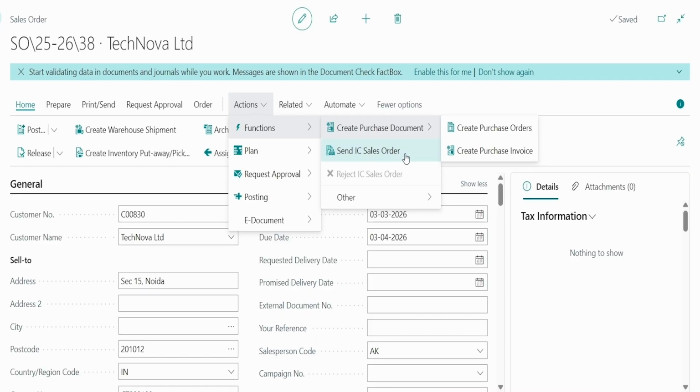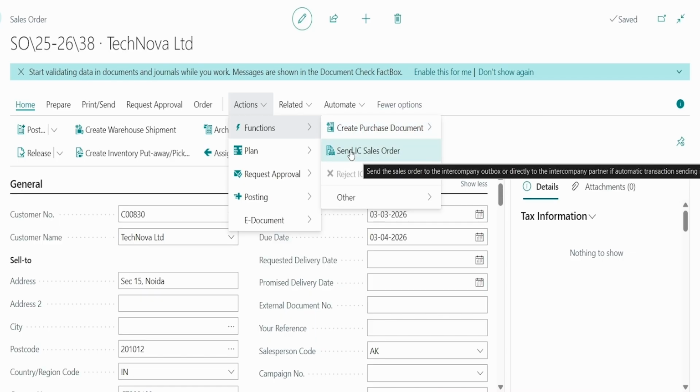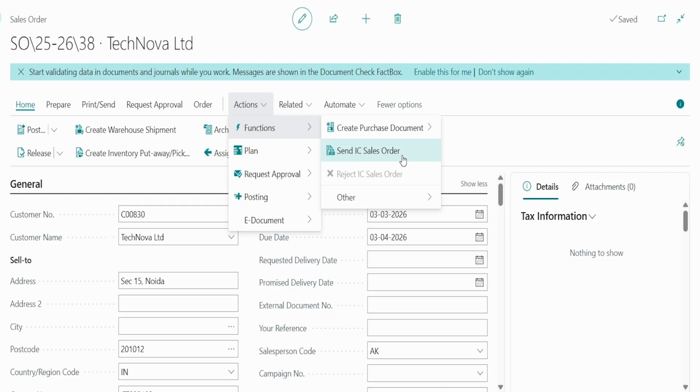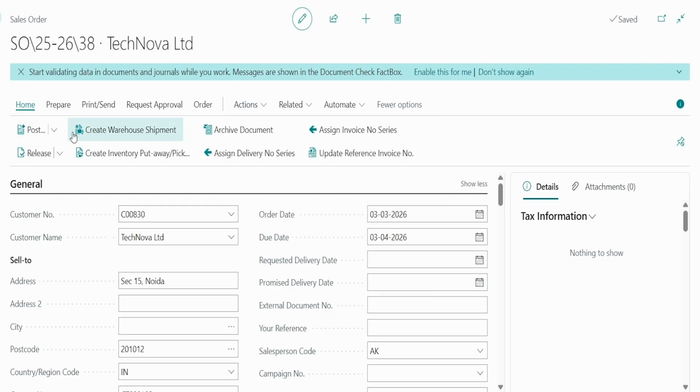If you don't want to send your sales order from here, you can directly post or ship your order from here. It will directly create a purchase order there, and you need to receive the purchase order there. After that, when you post your purchase order into the invoice, automatically the system will create a sales invoice here. Okay,